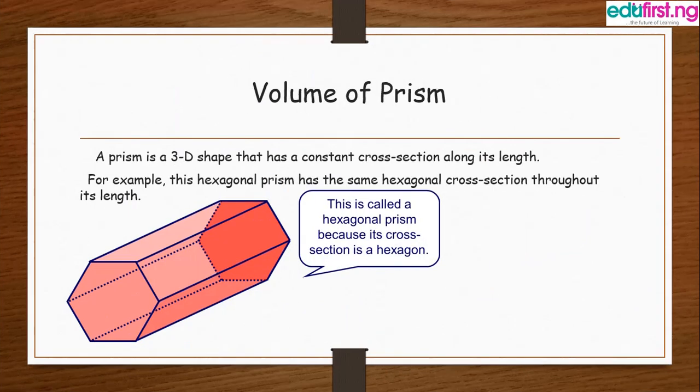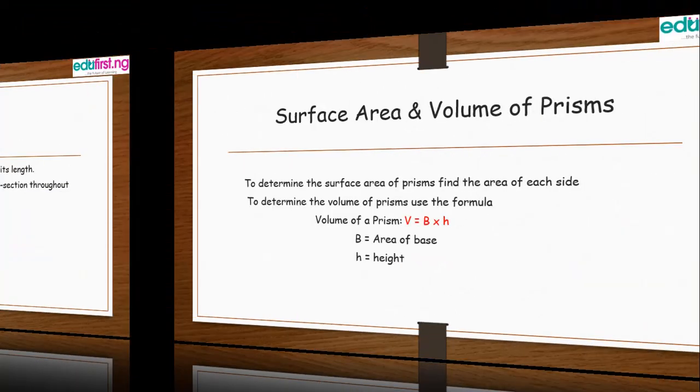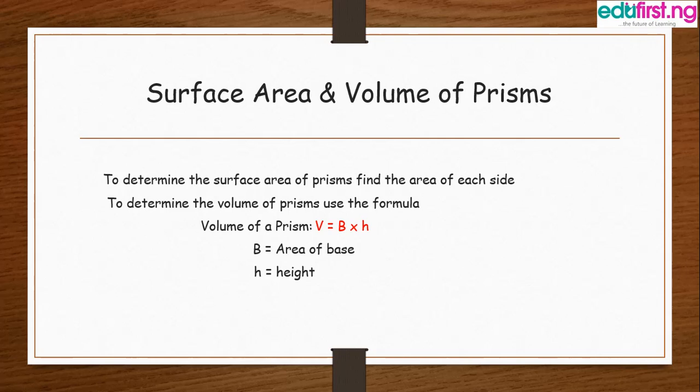Now let's look at the volume of prism. A prism is a 3D shape that has a constant cross section along its length. For example, the hexagonal prism has the same hexagonal cross section throughout its length. So we have this image, and the image is called a hexagonal prism. Let's now check the formula for calculating the surface area and volume of a prism. To determine the surface area of a prism, we find the area of each side, and to determine the volume of a prism, we use the formula